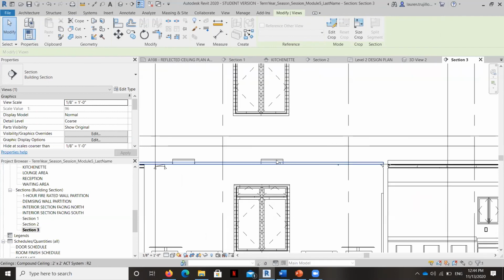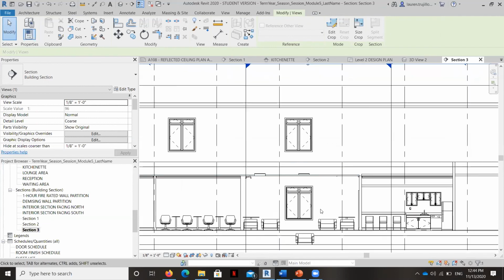So if I were to look at a reflected ceiling plan of this space and wasn't able to see the recessed cans I placed, it could possibly be because there's a ceiling left up above here. We deleted it, but elements could also be hosted to the wrong ceiling, and you would be able to tell that because you'd be able to see them in a section view. Okay. So you now know how to place all these elements.